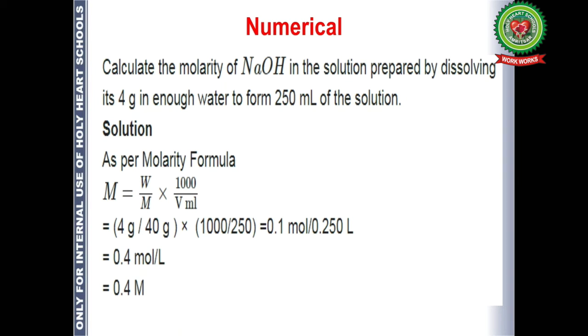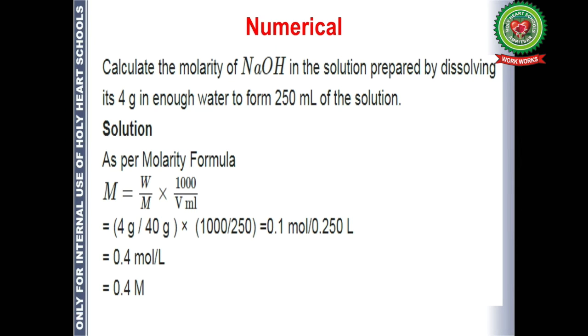So molarity is equal to W upon M into 1000 upon V. Here W is the weight of NaOH, M is the molecular mass of NaOH and V is the volume. By putting in all the values, we get the answer 0.4 mole per liter,